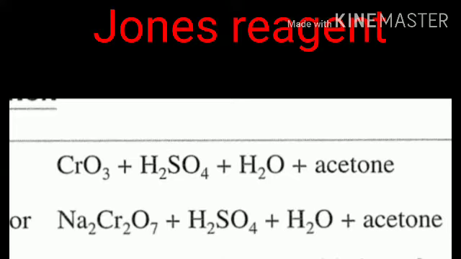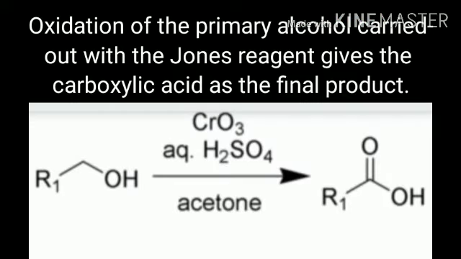So here, as I have already told you, the Jones reagent is nothing but the solution of chromium trioxide in aqueous sulfuric acid. As you can see here, instead of it we can also use Na2Cr2O7 in aqueous acid, because it also shows similar properties and gives similar reactions. Here the oxidation of primary alcohols carried out with the Jones reagent gives the carboxylic acid as the final product,